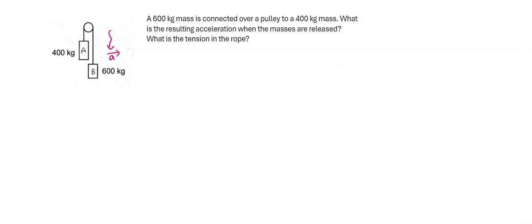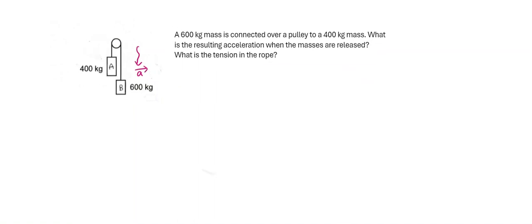The second thing is we need to establish our free body diagrams. I'll do that over here. We're going to do one for each object. So for object A, we obviously have the force of gravity, and then we have tension force going upwards, just like that. And if you're wondering what these small subscripts mean,